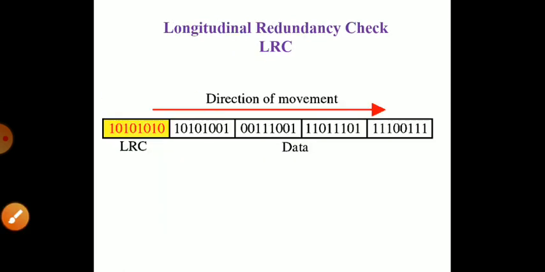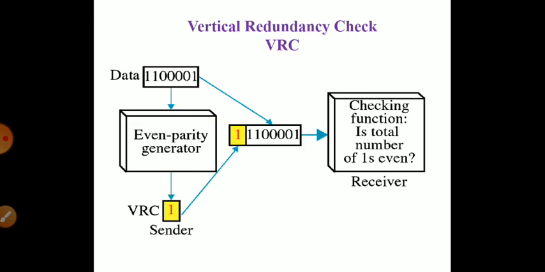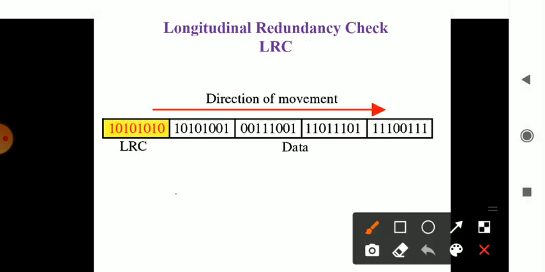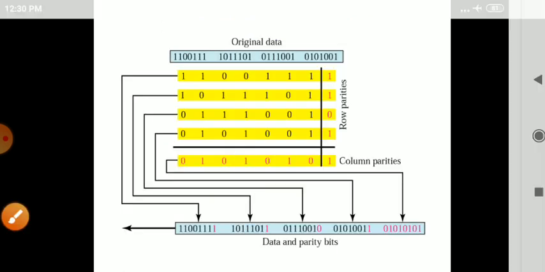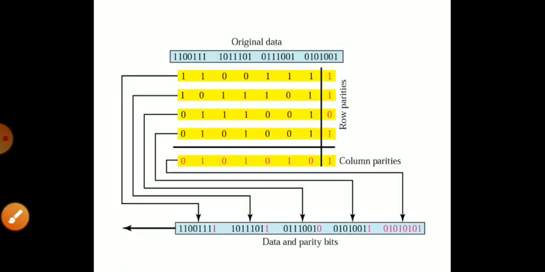How it happens is, you can check here the movement of data, it will be in this direction, longitudinal and vertical aspects. Both the aspects it will be checking, vertical and longitudinal, this way and this way. The error checking happens horizontally and vertically, whether it has even parity or odd parity. Same thing as the other part, it is being checked here.